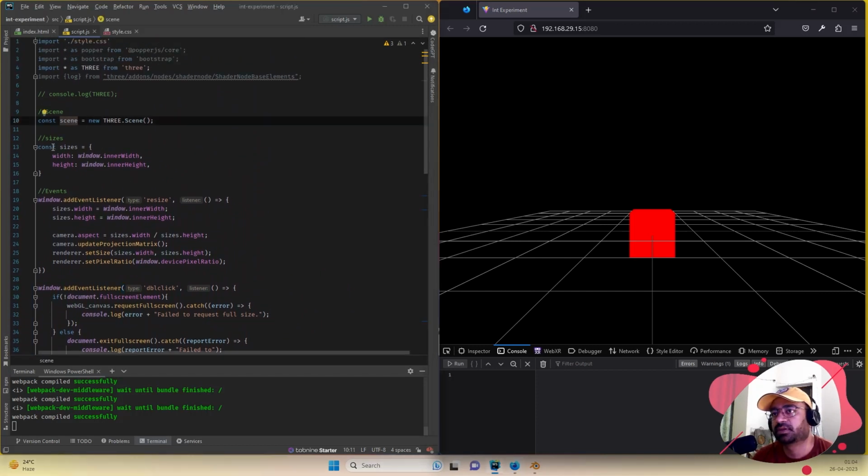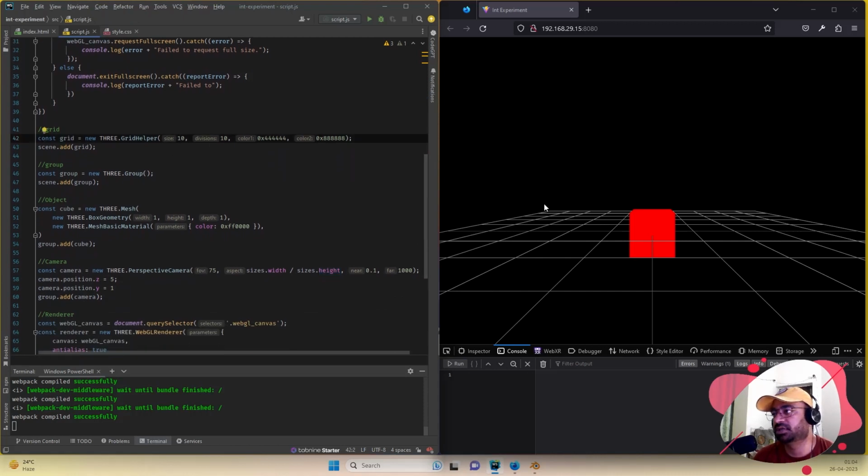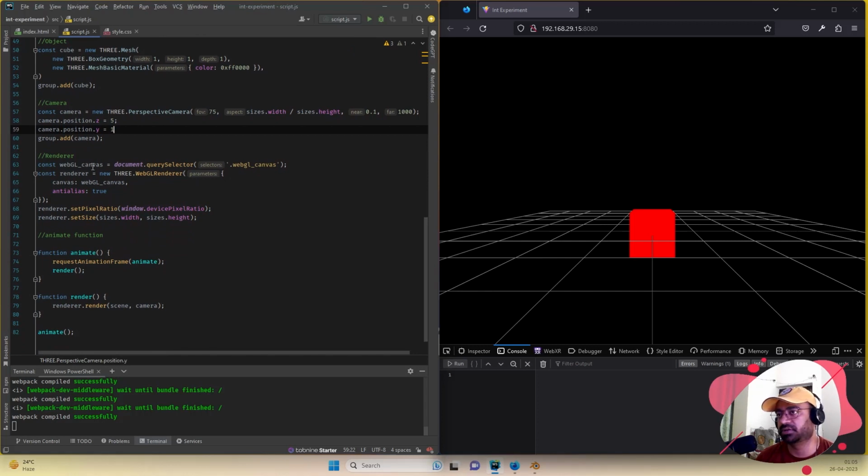सबसे पहले हमने एक सीन बनाया, उसमें हमने साइजेस दिए विड्थ और हाइट, उसको विंडो डॉट इनर हाइट के साथ। उसके बाद हमने एक ग्रिड बनाया, ग्रिड में हमने 10x10 का ग्रिड रखा है यहाँ पे, और उसमें कलर दे दिया हमने XY में। ग्रुप बनाया, ग्रुप को उस सीन में ऐड किया है। फिर अगेन हमने एक क्यूब बनाया, मैश यूज़ किया, उसमें बॉक्स और मटेरियल और रेड कलर हमने फिल किया और उस क्यूब को उस ग्रुप में ऐड किया। उसके बाद हमने एक कैमरा बनाया, उस कैमरे का हमने FOV एस्पेक्ट रेशियो और नियर क्लिप फार क्लिप हमने चेंज करके और उस कैमरे को भी ग्रुप में ऐड किया। उसके बाद हमने एक रेंडर लिया, WebGL रेंडर, और इसमें हमने क्लास को सेलेक्ट किया है डॉक्यूमेंट क्वेरी सेलेक्टर के थ्रू,